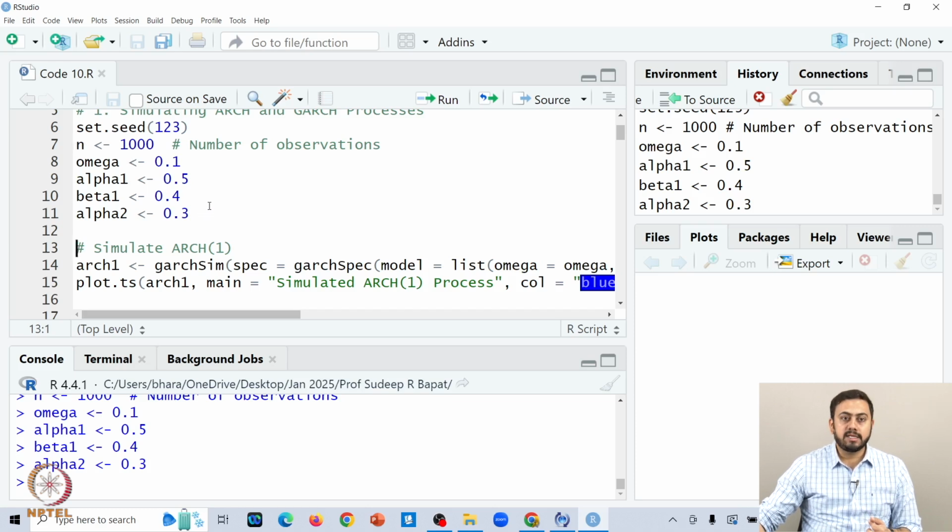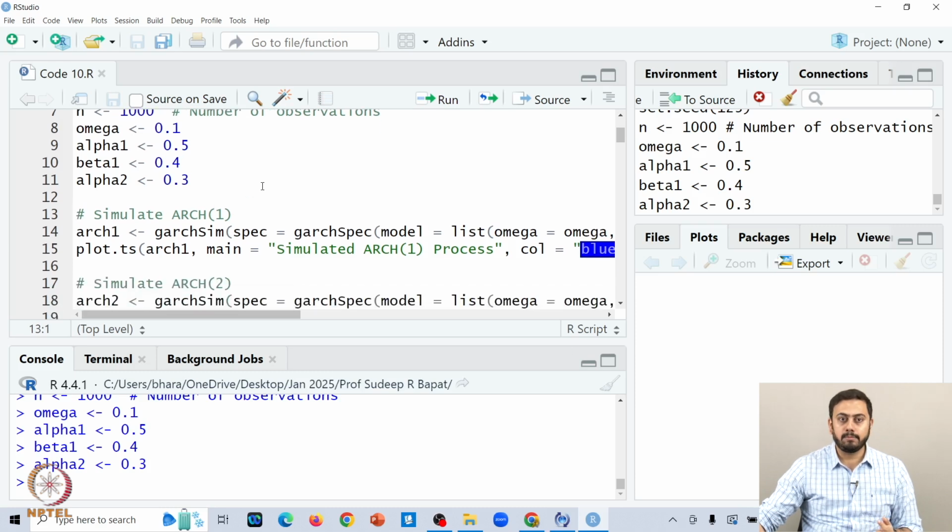Now the very first model we will try to simulate is a simple ARCH 1 model, autoregressive conditional heteroscedasticity with order of 1. Just for time brevity, I will not discuss the model structure here. We have discussed each and every model structure which you see here in detail, or we might have talked about ARCH M in general, where M is some generalized order. Wherever you have M, if you replace M with 1, it will give you ARCH 1, or if you want the order to be 2, you extend that model up to that point.